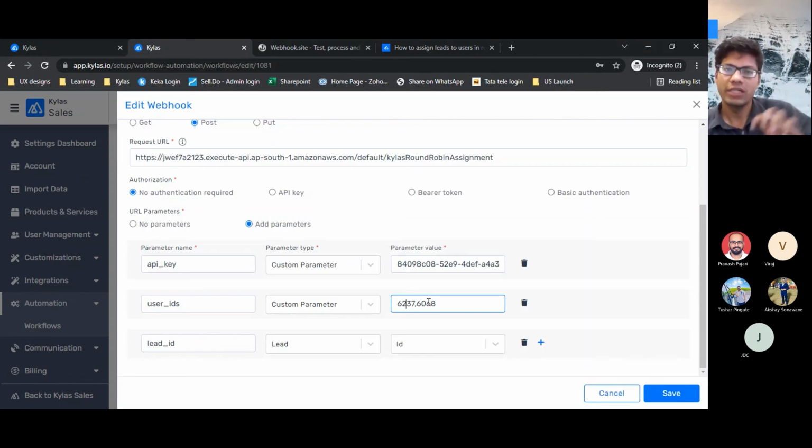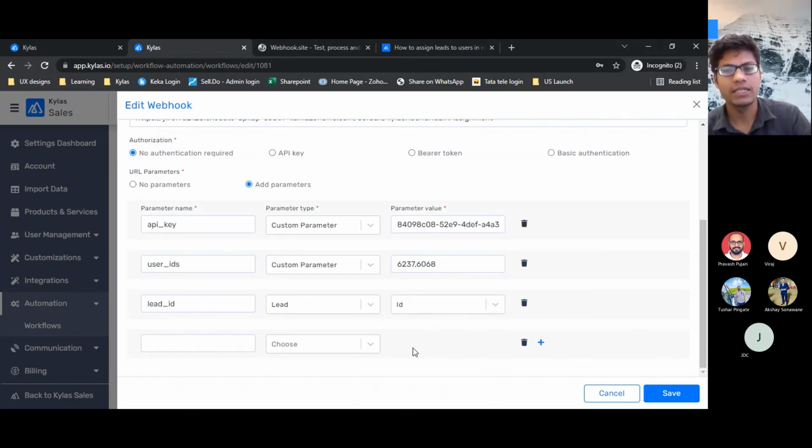I want that whatever difference of current leads in the system is there, let it be from now onwards, assign the leads in round robin fashion. So ignore that difference of 10. So what I will do is I'll add another parameter of look back window and enter a number, let's say 1, 2 or 3. So what the system will do is it will check in the last 3 days